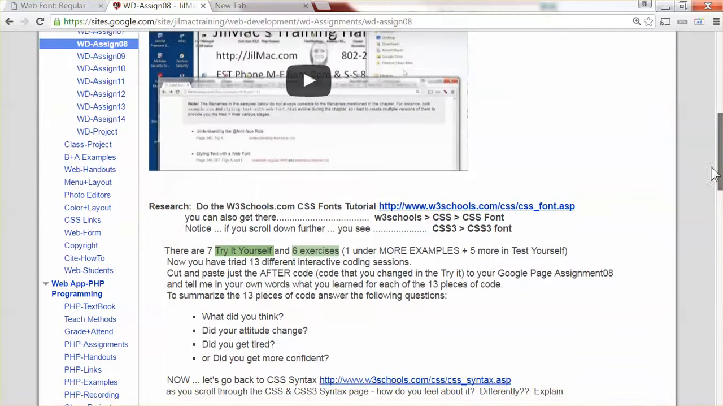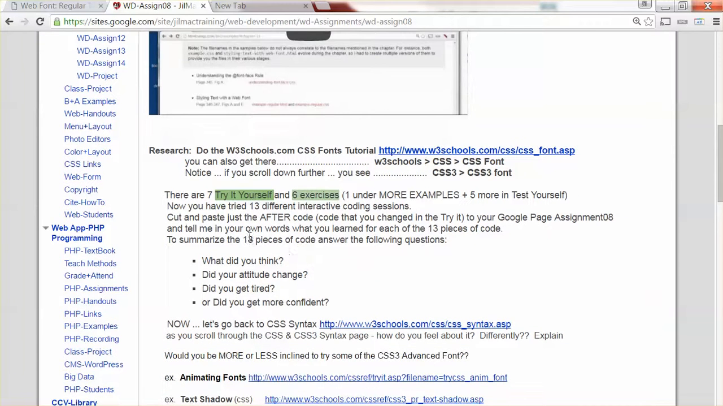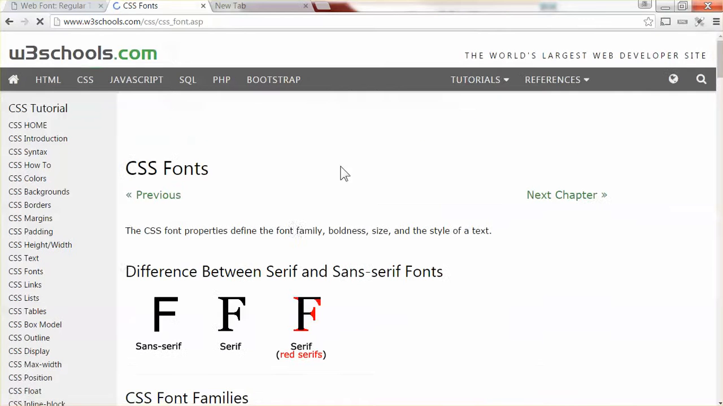So as I'm going through, that's when I went and looked at this tutorial. There are 7 different try-its. I'd like you to try them all out. There's 6 different exercises. You know, you've got quite a few to choose from. And what I want you to do for the research assignment is just open a Google web page, and every time you go out to do some code,